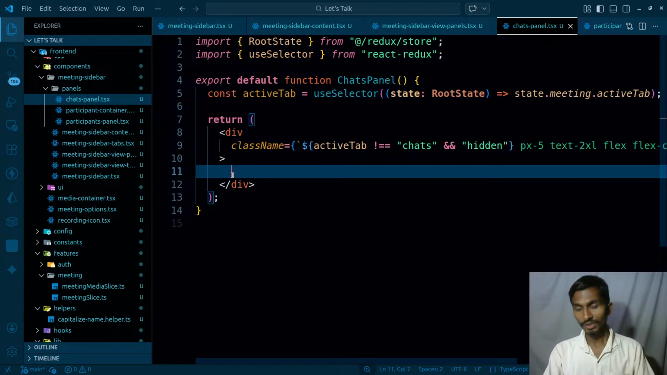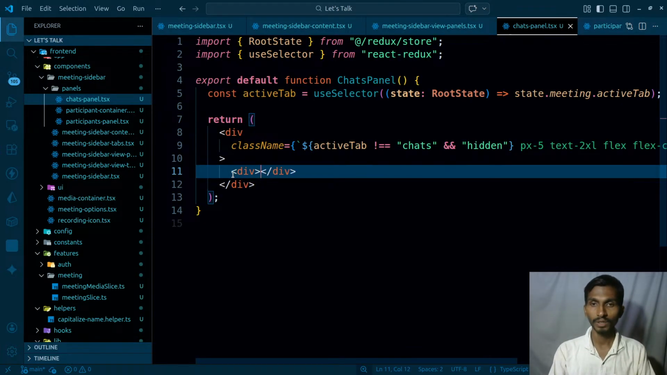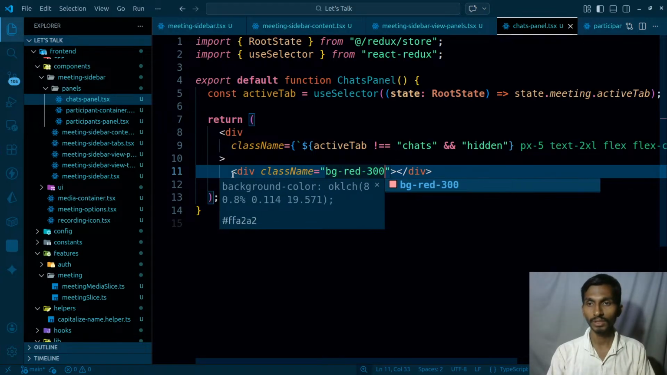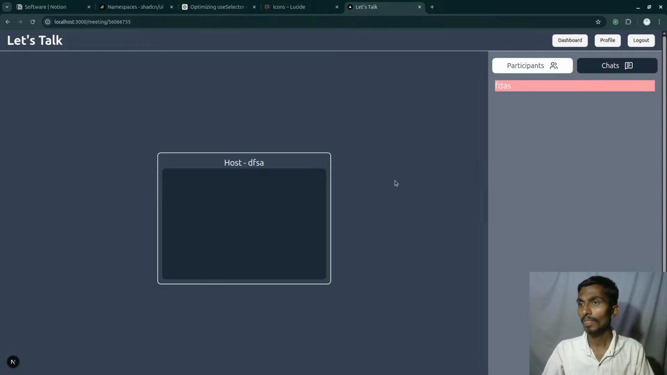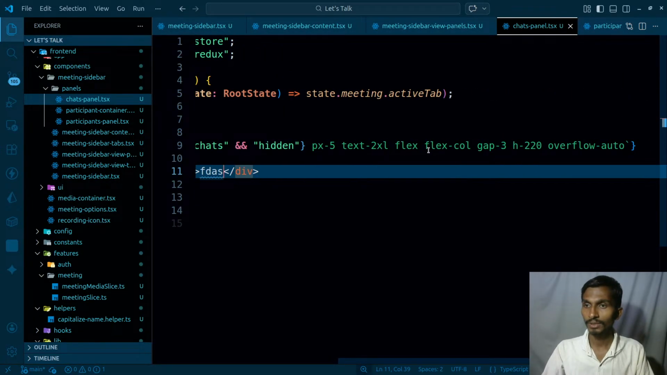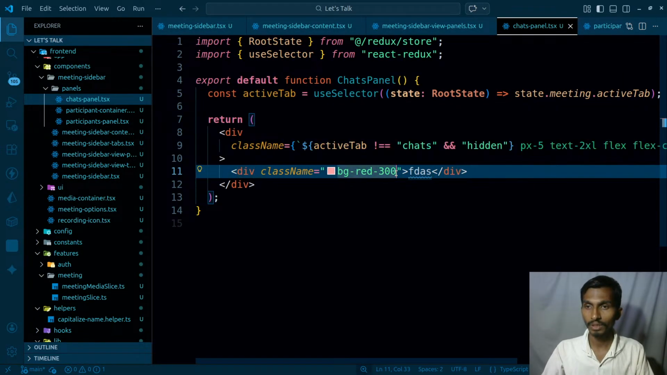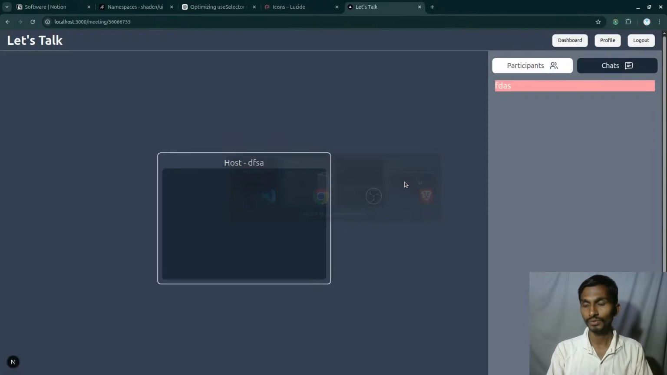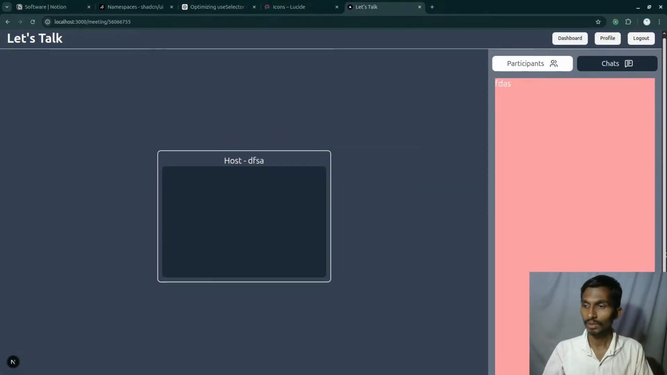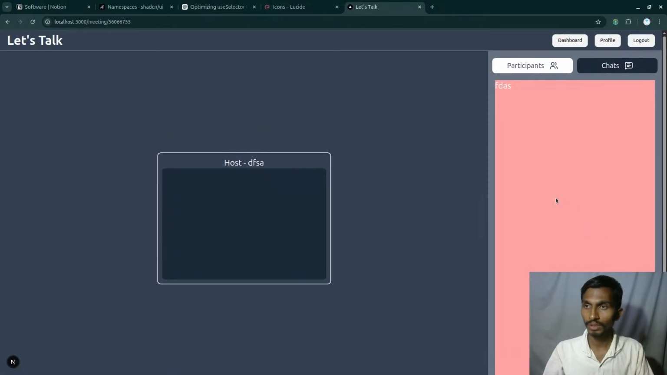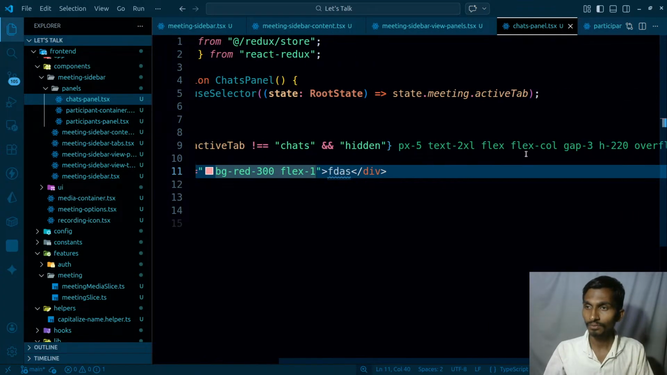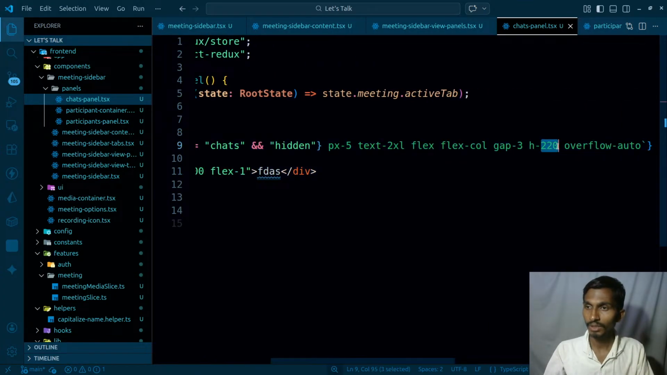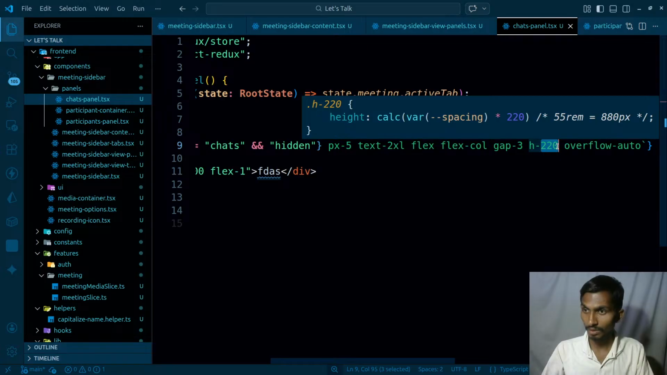So the chat actually starts from here. I'm gonna be having a div over here, and let's give it some color. Class name BG red 300, so that I can just, well, there's nothing inside that. So this is how it's gonna be looking like. This is already flex, so I'm gonna be making it a flex 1 so that it has the full width. And at the end of the day, it has more than it should be having. In that case, what is the height here? The height is still that much, so in that case I'm gonna be making it